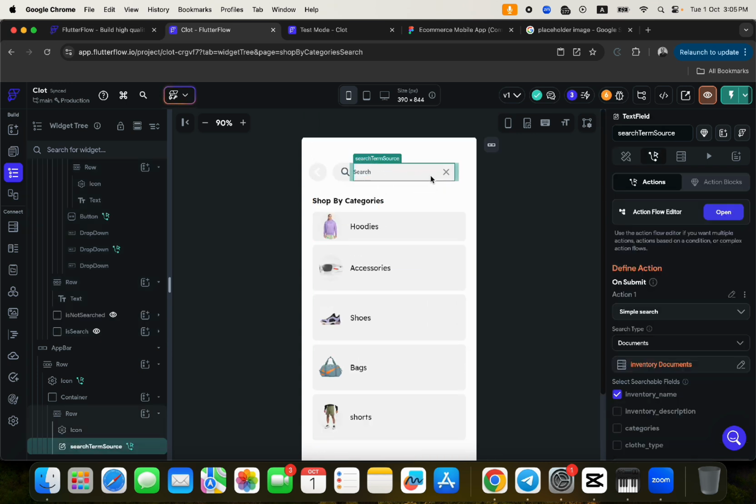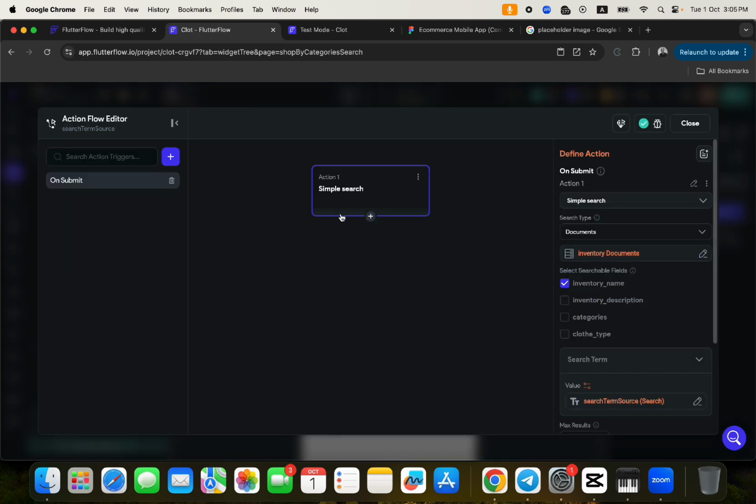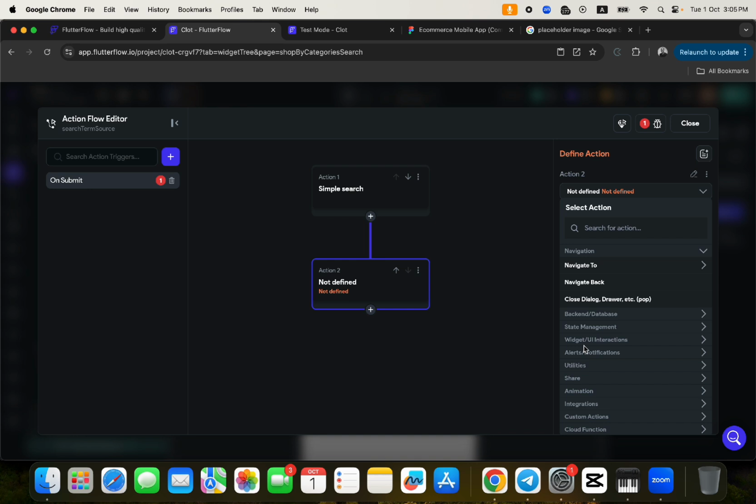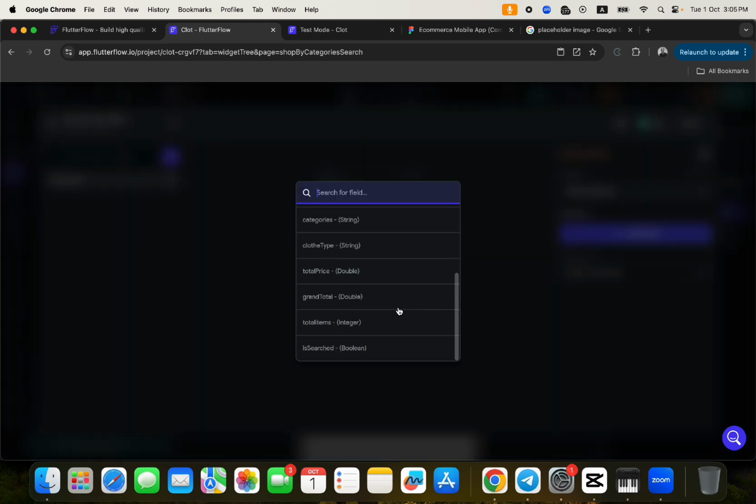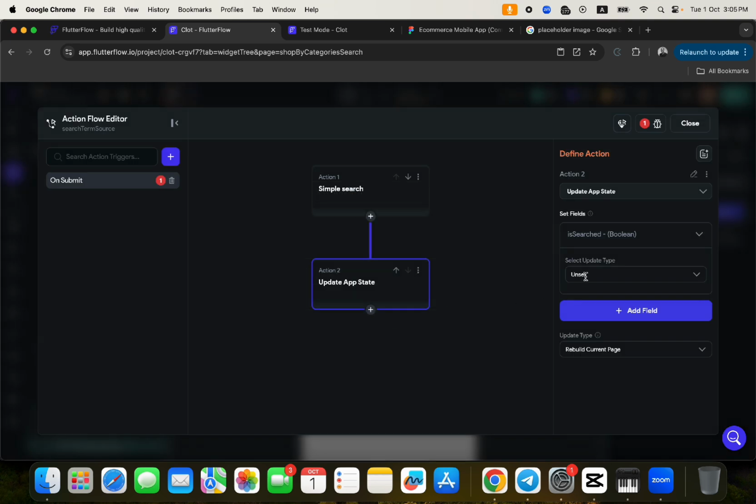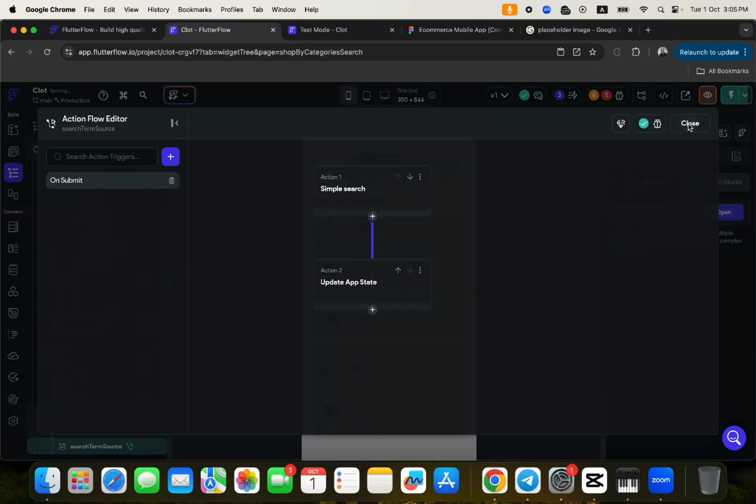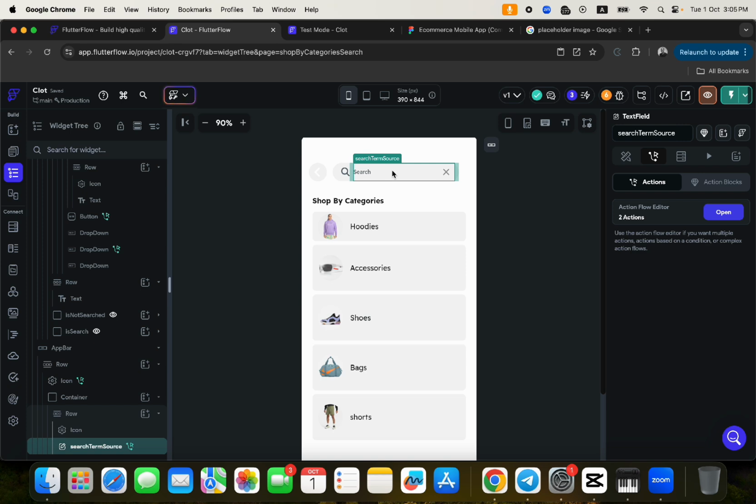That's what we added here on the text field. So I'm going to come here, open the action flow editor. All right, so I'm going to click here to add another action. The action is going to be state management action, updating app state. I'm going to choose the app state. It's called eSearch, and I'm going to say that when you click on that, it's supposed to set the value as true. That means the moment the user types on something here,